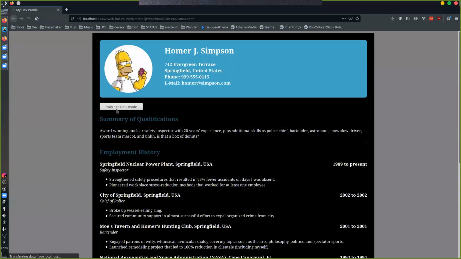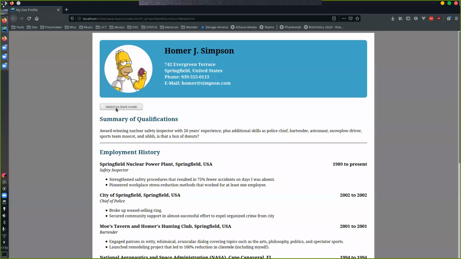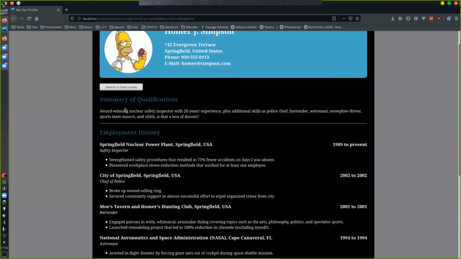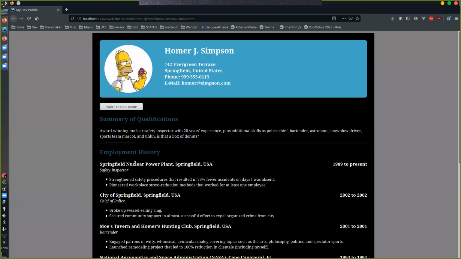So click, clack. Whoa! Would you look at that, ladies and gentlemen? We've just created life. Okay, so we have a CV now that can switch between light mode and dark mode, which is fantastic. If you send in your CV and it looks like this,